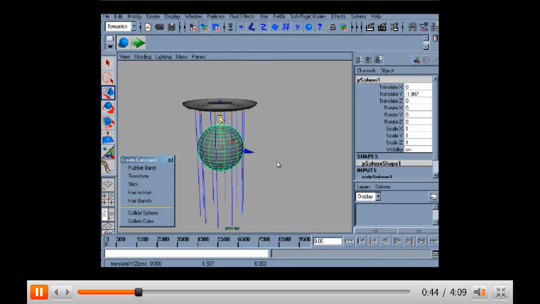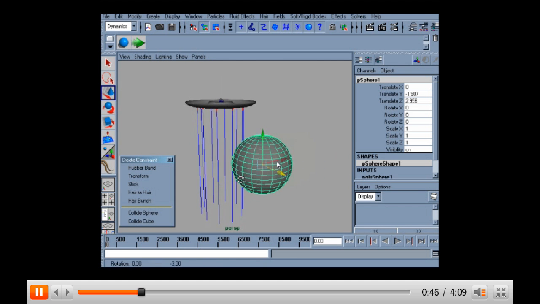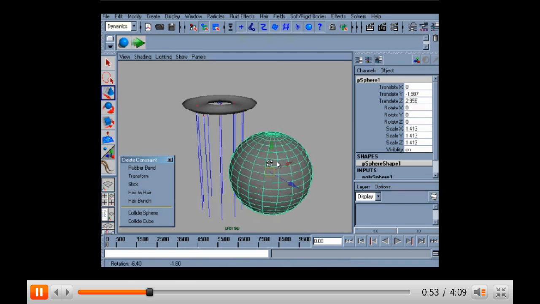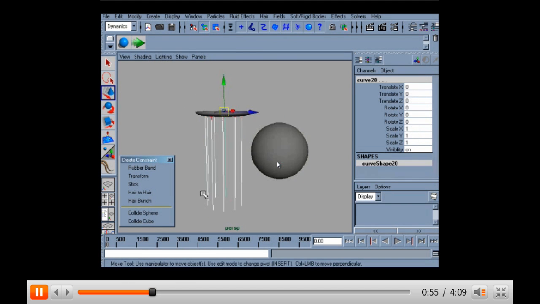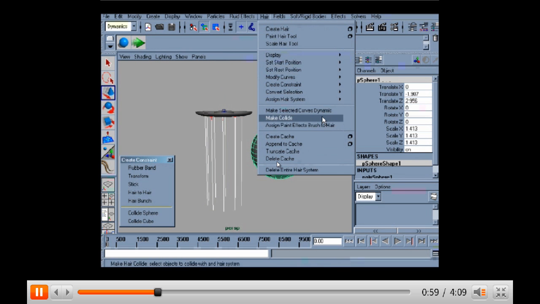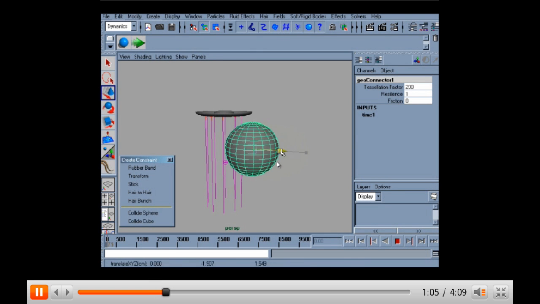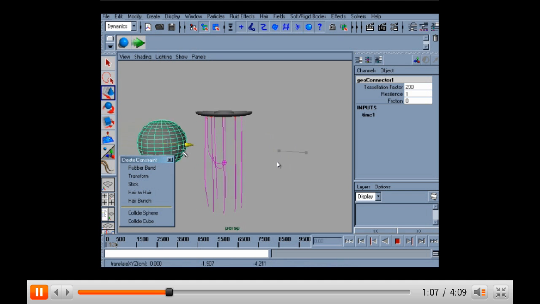And I'm just going to move it down and out of the way. Okay, obviously we know it's bigger than this set of curves, so we'll just make it a little bit bigger. And we'll select the curve, select the object, and we'll go to Hair, Make Collide. So now when I turn on my interactive playback, I move through here,